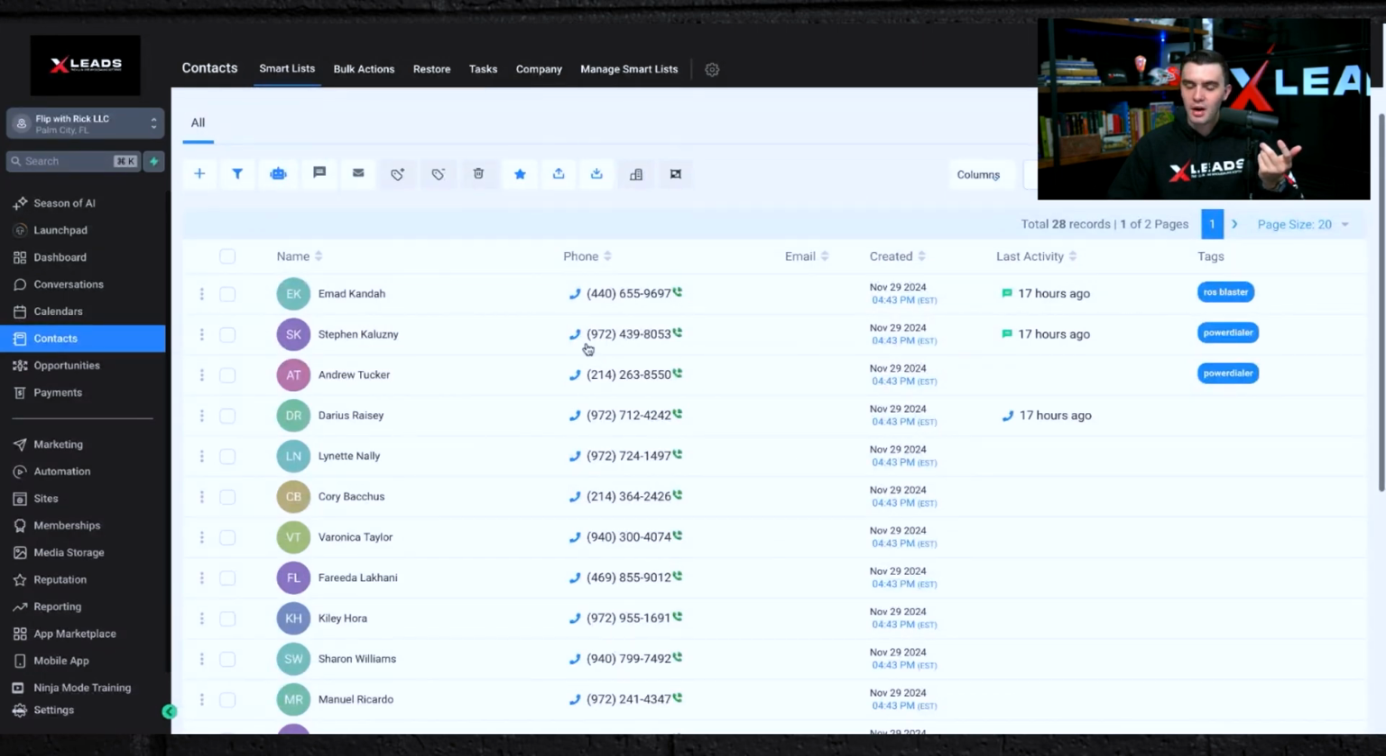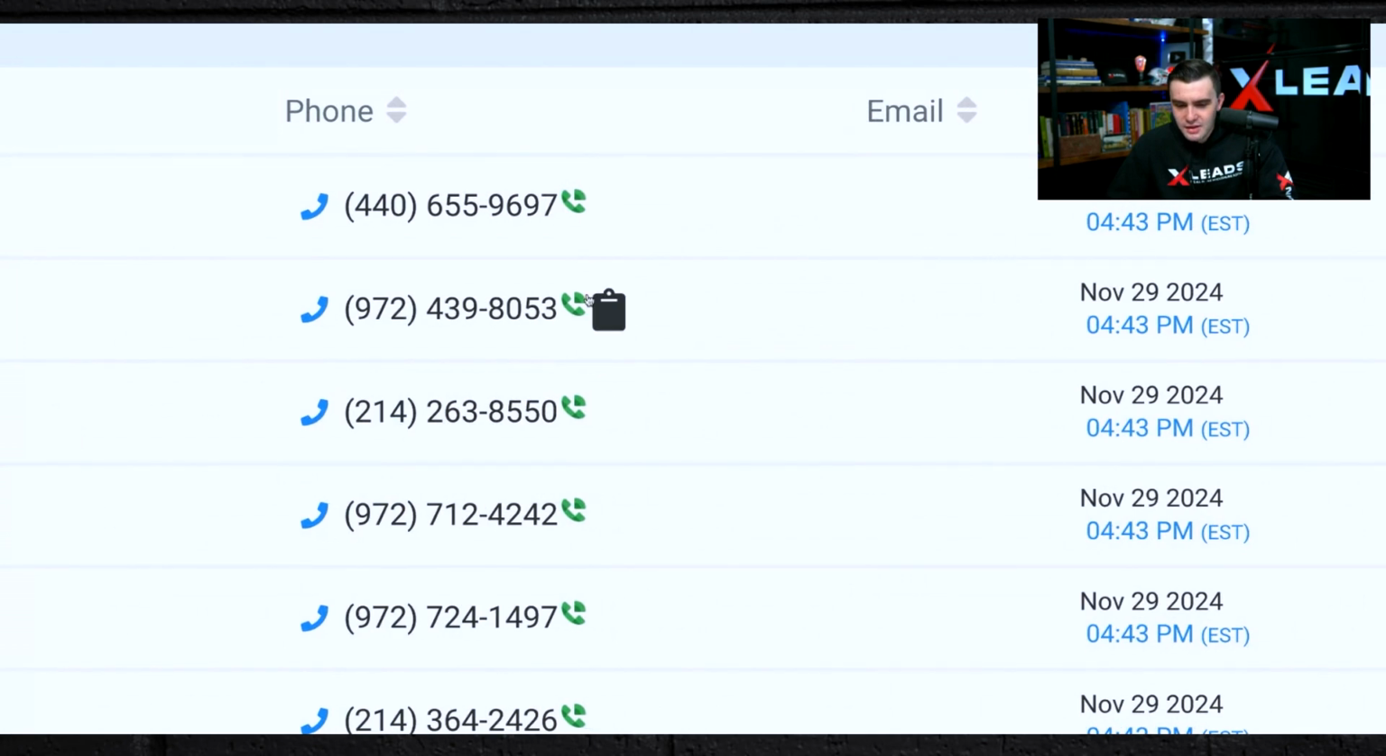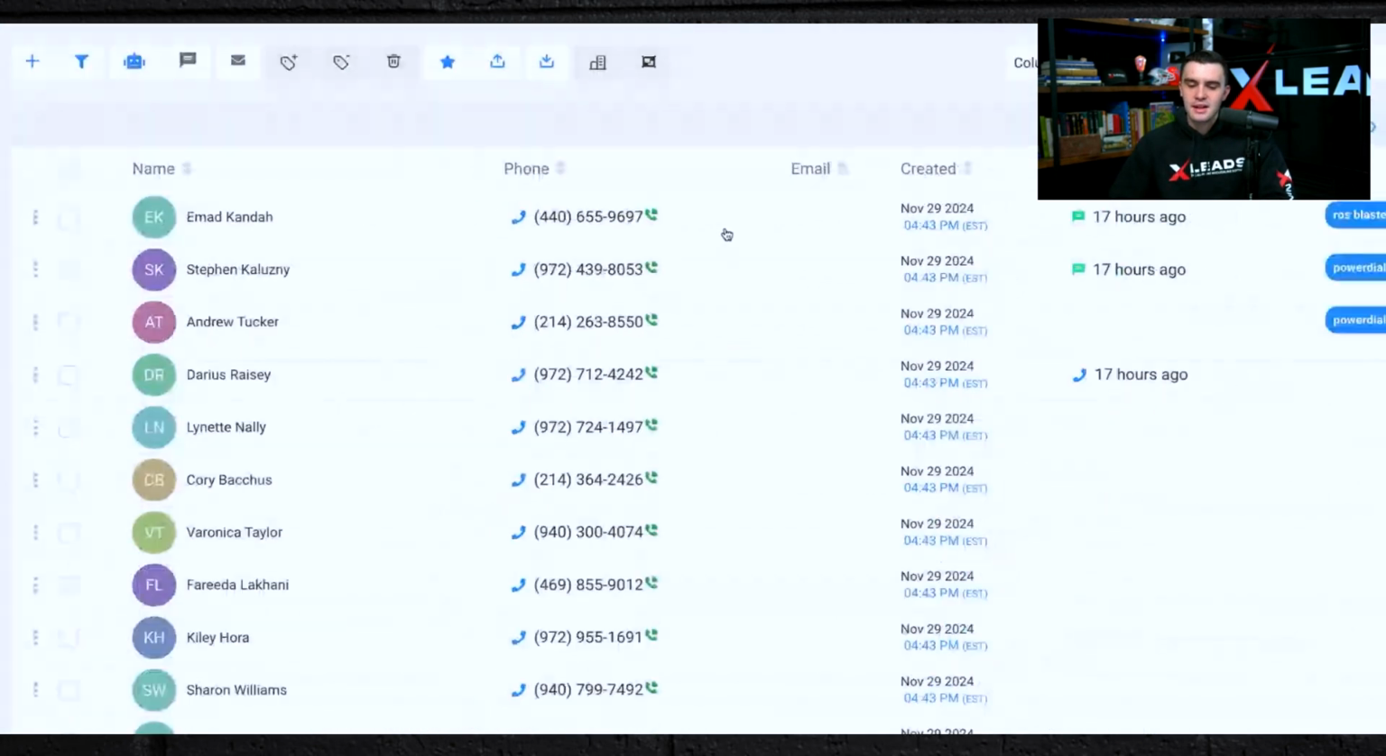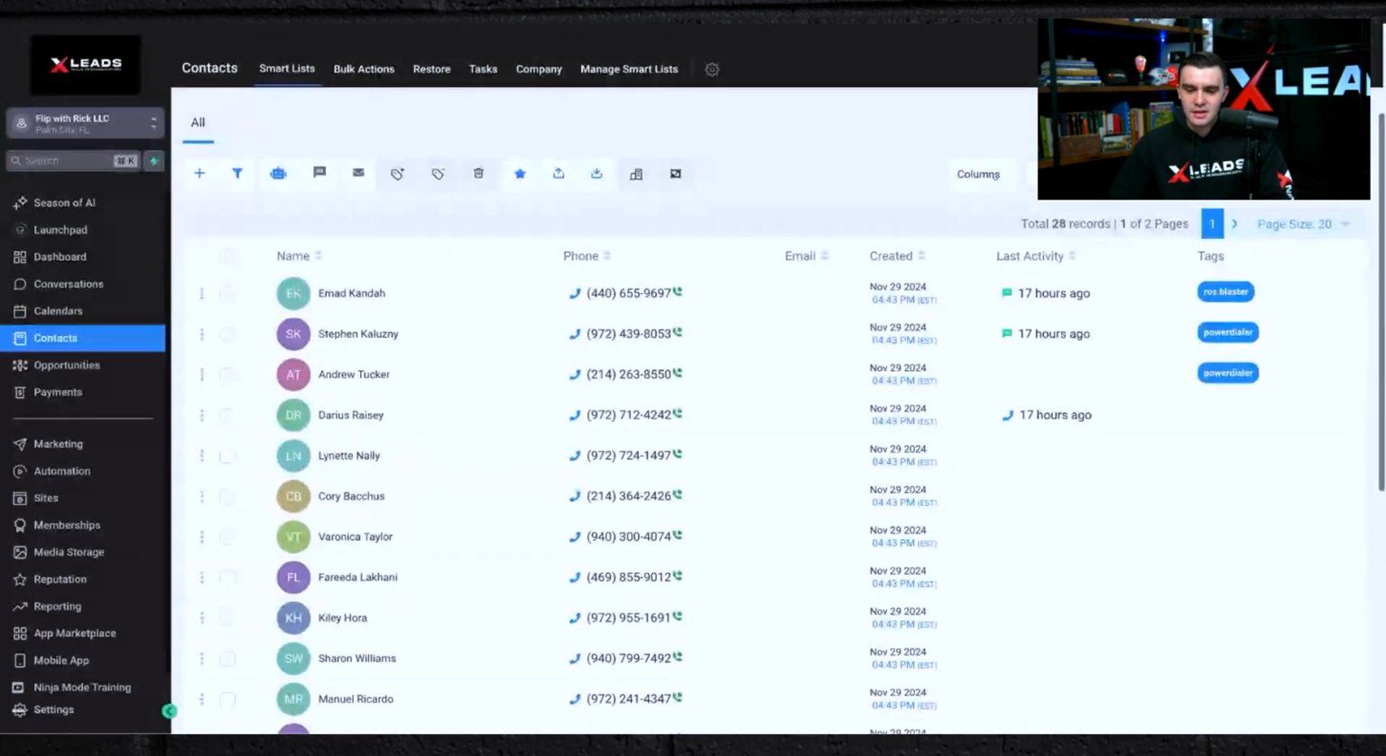Now, you might ask yourself, Zach, why is there this little tab right here? This is not the XLeads tab. This is not a minimum tab. Let me give everyone just a quick sidebar with XLeads version 2, because I do get a lot of questions. So inside of XLeads,